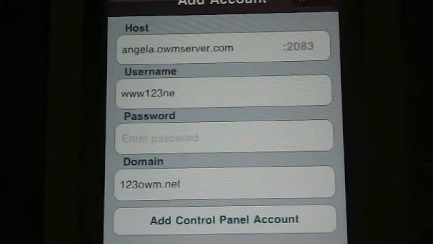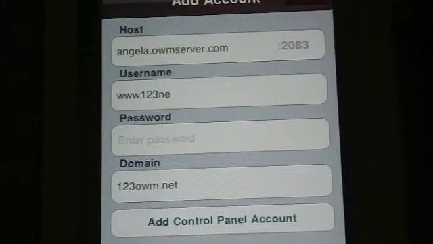It just pops out a weird domain on top of your web browser, and then you would take away all the HTTPS stuff and then the colon 2083, and just put what's left. So on mine, that's what it would be, and then you put in your password,